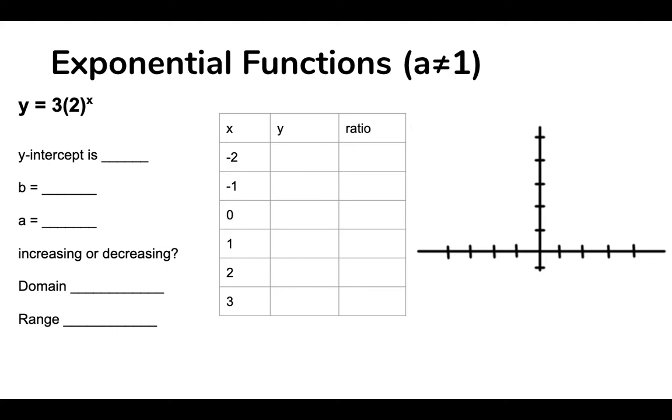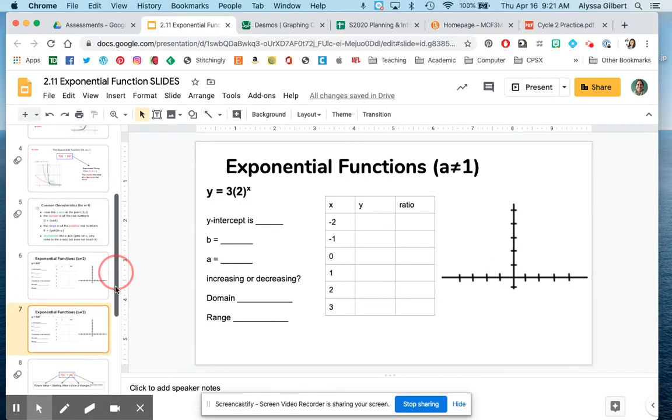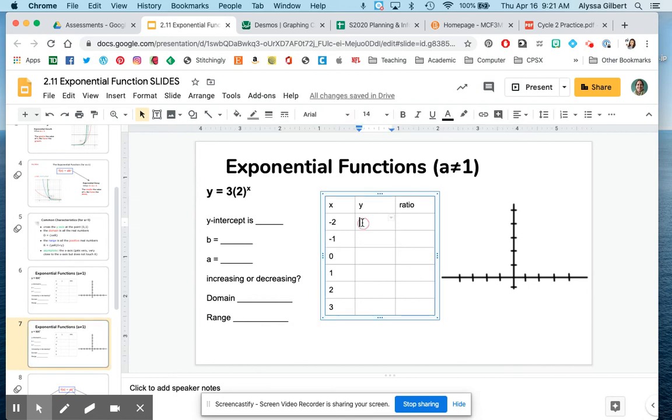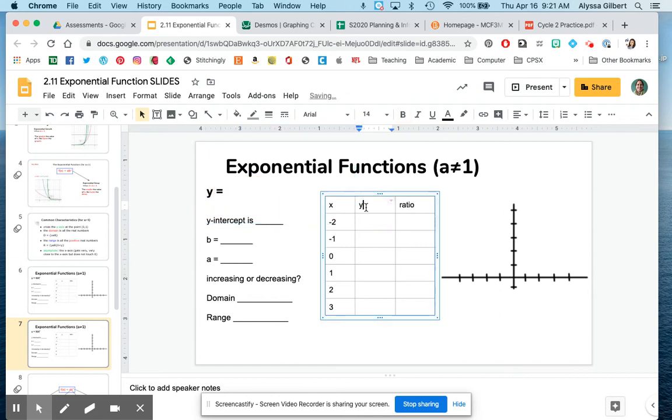Okay, let's take a look when our a in front is not 1. So this time we have 3 times 2 to the power of x. So to do this, we are going to make a table of values. And this might take a while because I'm actually going to type it in as we go. Okay, and then I'll show it at the end. So remember, y here is equal to 3